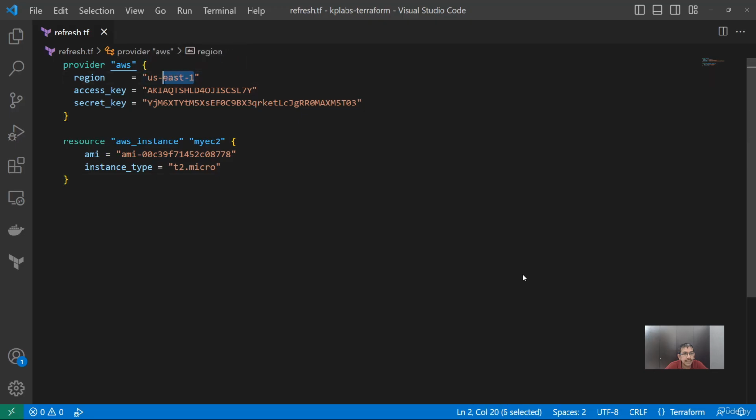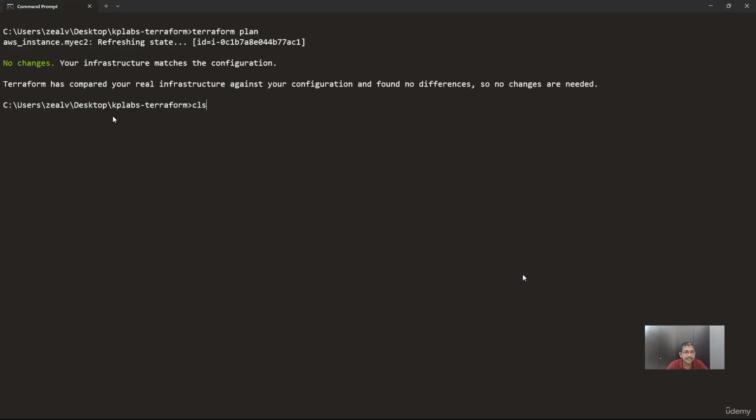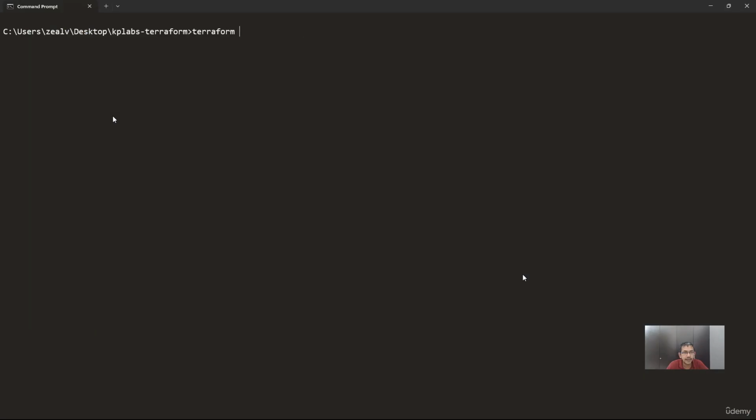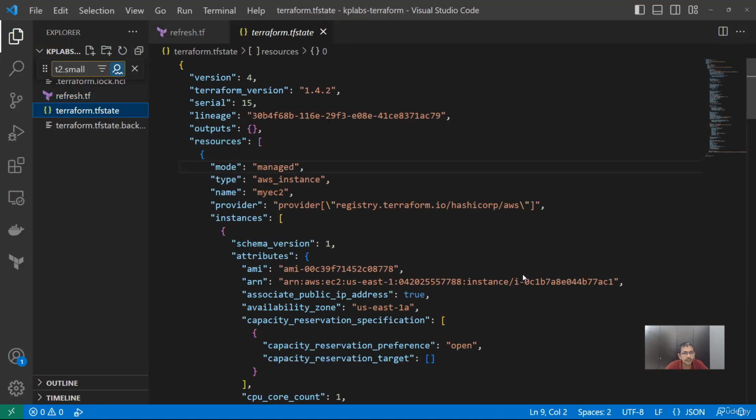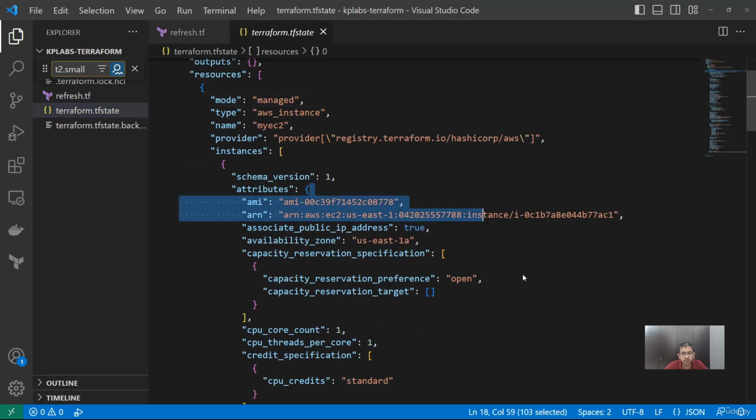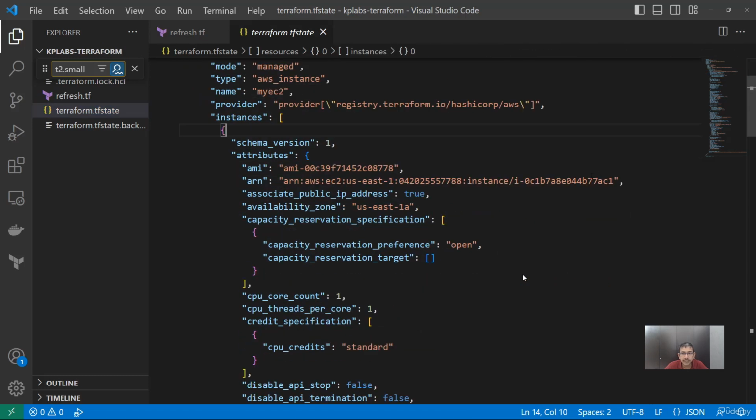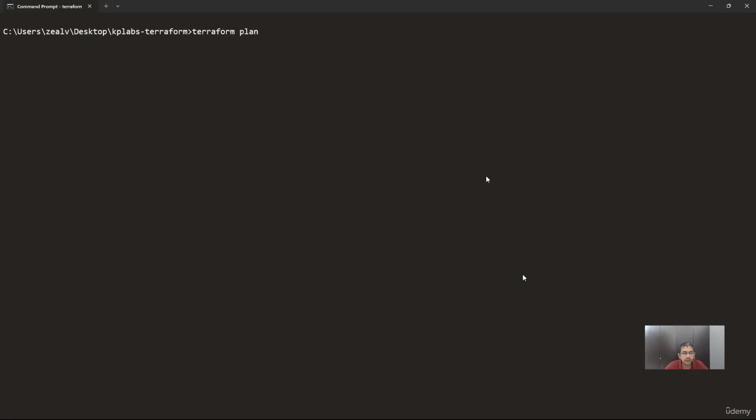Instead of US East 1, I say US West 2. Alright, and I'll save the change. Let's clear the screen. This time, before I do a Terraform plan, if you look into the Terraform TF state file, it shows you the details associated with the instance that is currently running. Now, if you run the Terraform plan,